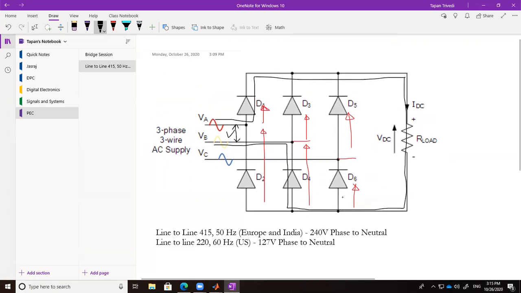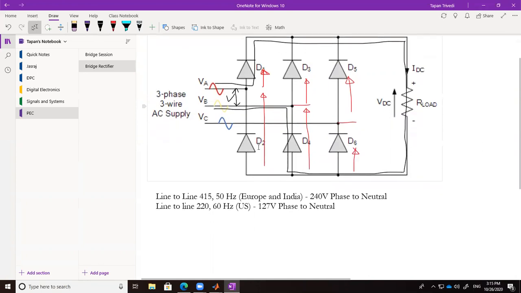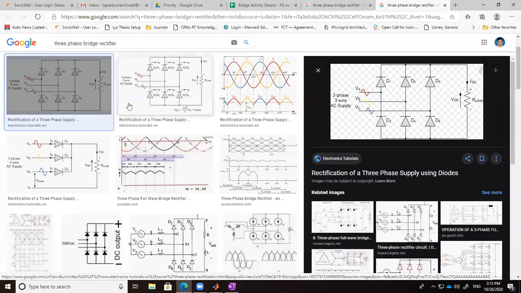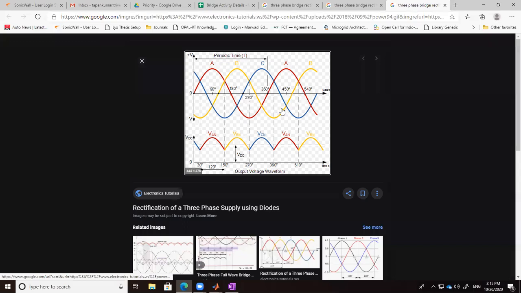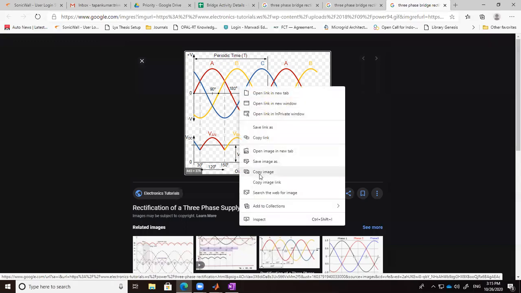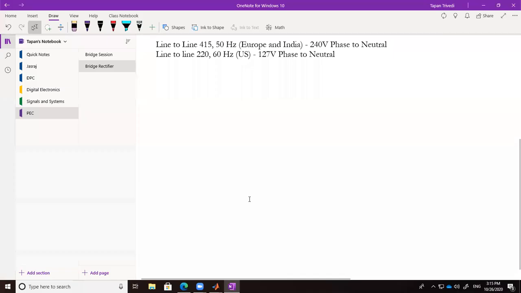Okay, but I just assumed that many of you might have come across this three-phase bridge rectifier in theory in undergraduate program. So I'm discussing it now. Fine. So this is a three-phase bridge rectifier, right? And if I draw the three-phase supply, it will be like this. So I can put it here.